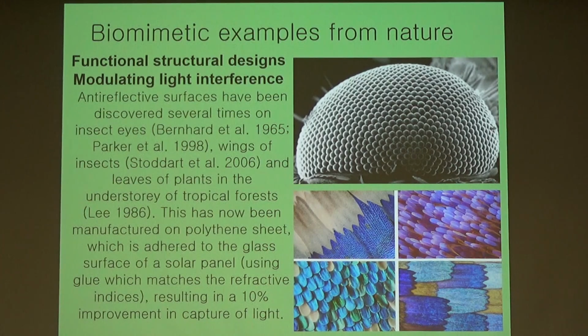Another area is photonics, which is really important, looking at structural colours and the way that natural organisms have evolved, have adapted materials to deal with light, either to refract light, to concentrate light, or to create colours, so diffract light. Anti-reflective surfaces, for example, have been discovered several times in insect eyes. And these have been developed for various new technologies